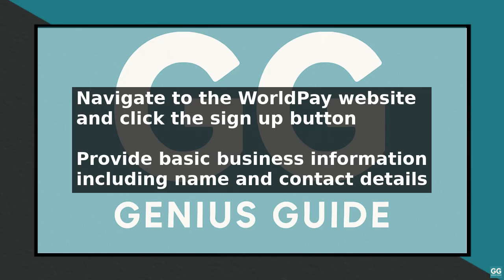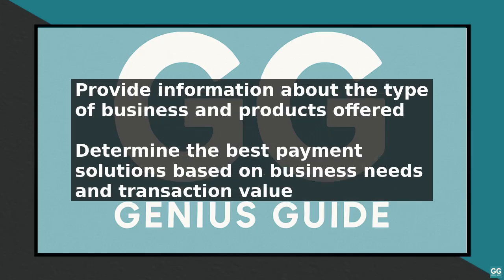You will be asked to provide basic business information, including your business name, address, and contact details. It is crucial to ensure that the information provided is accurate and up-to-date, as this will be used to verify your business identity. Next, you will need to provide information about the type of business you operate, including the products